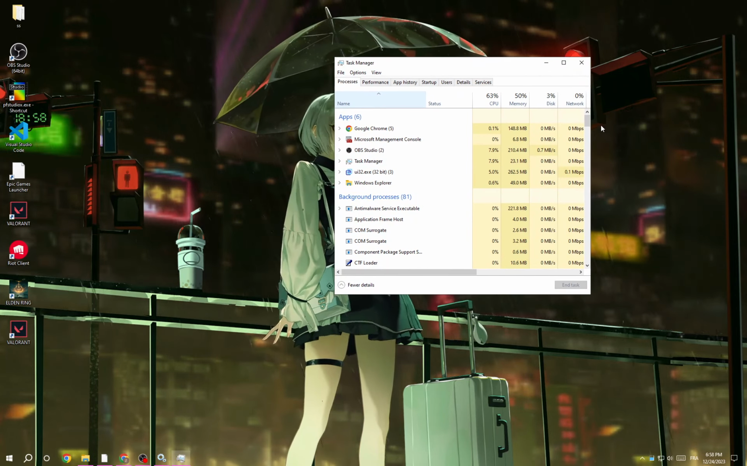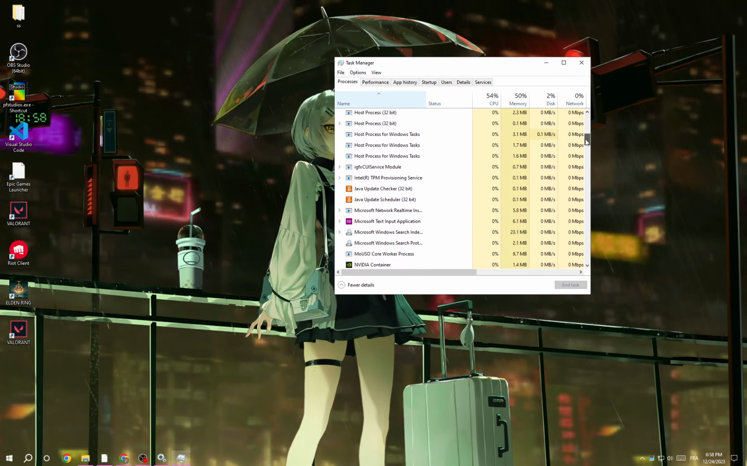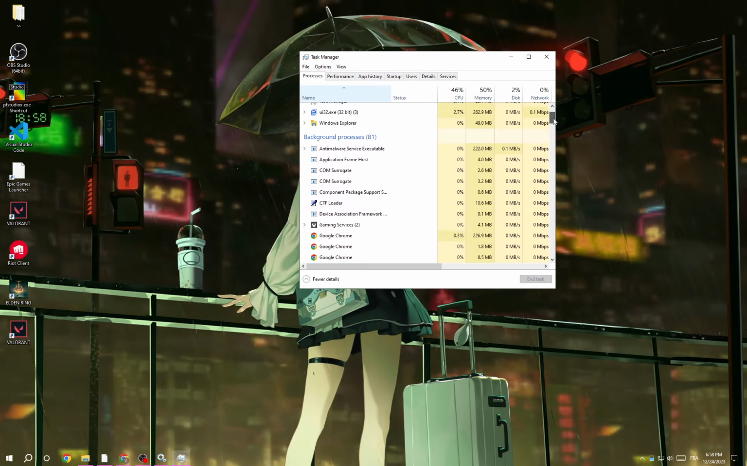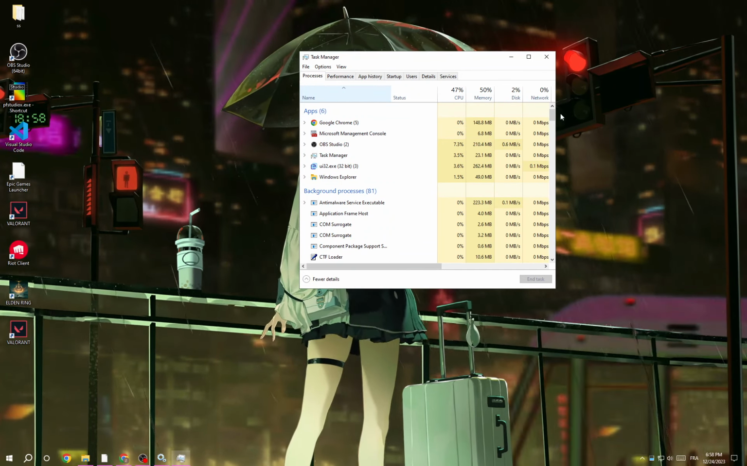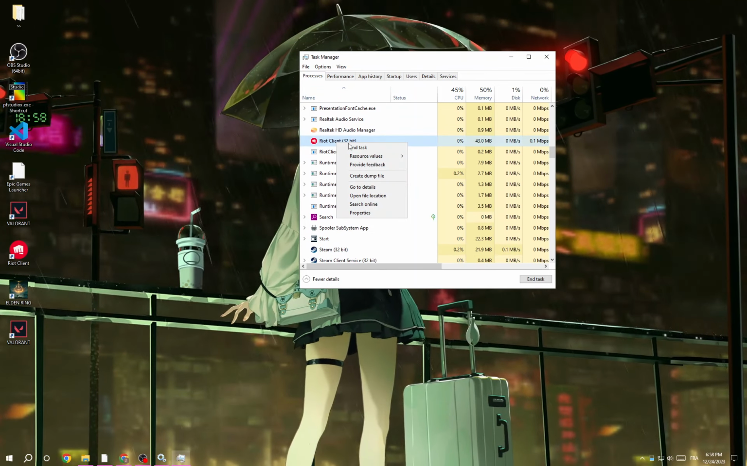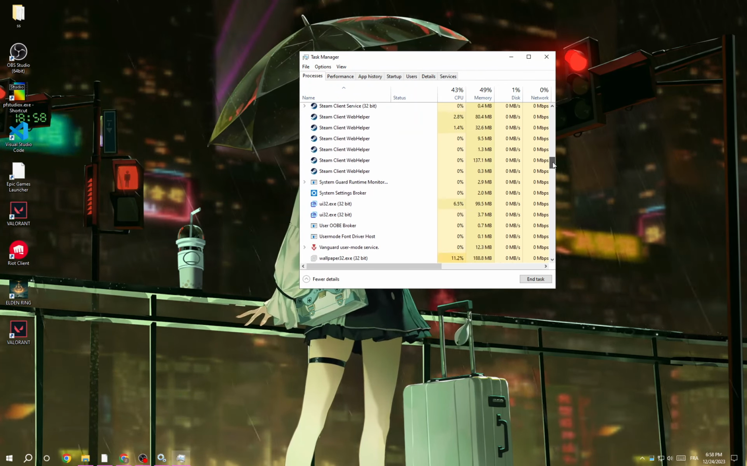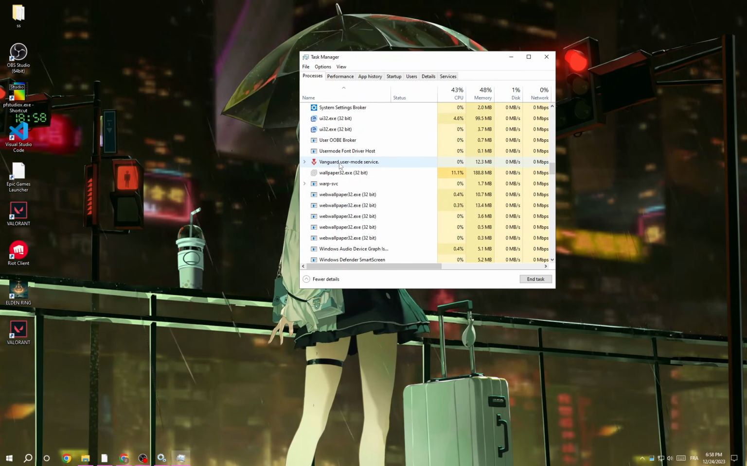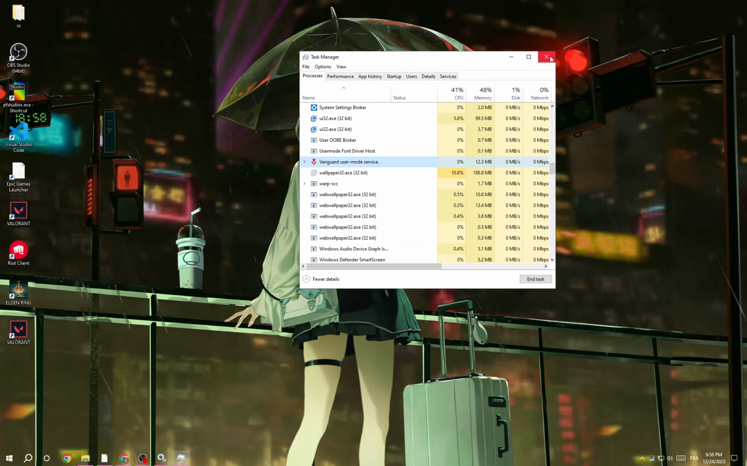that's it. Now just scroll down until you find any task that is related to Valorant. Scroll down and that's it. Right click the task, and scroll down again until you find something like Vanguard. Right click and end it, and after that